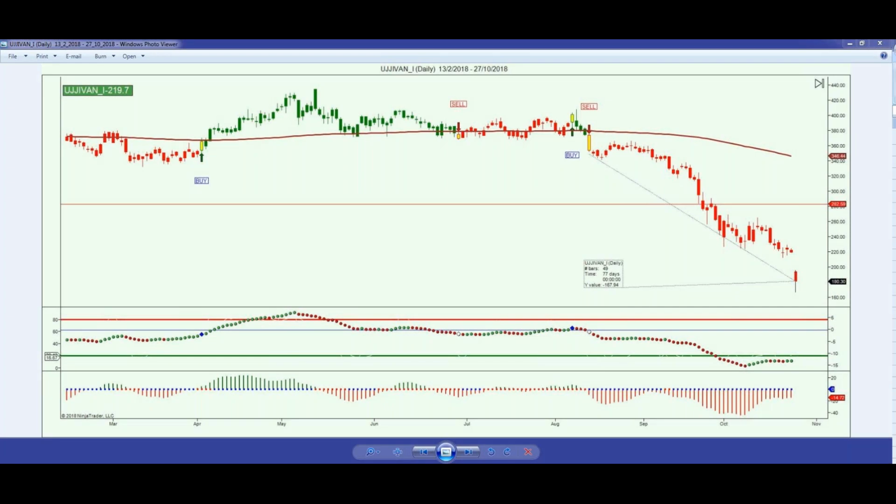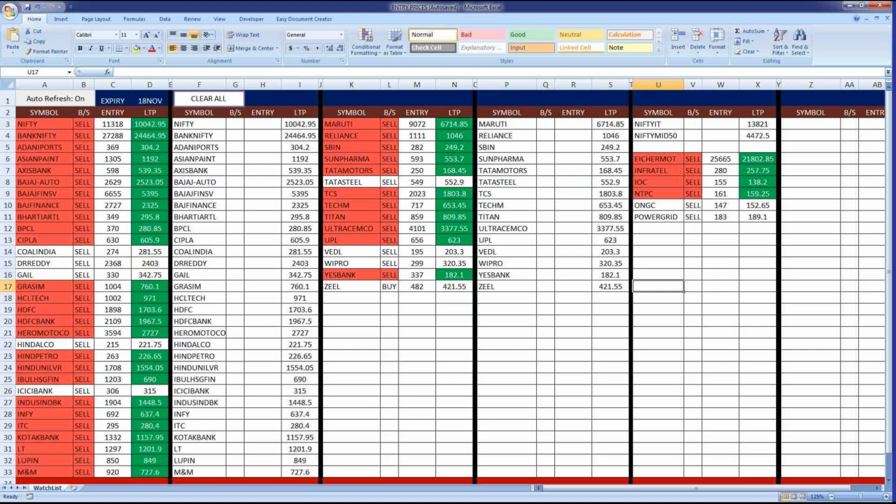the Excel sheet. Whenever you get an entry, you just type the entry price and then leave it. As soon as it enters, if it is a sell call, the name of the script will go into red, and if it is in profit, LTP will show you as profit. It will show in green, otherwise it will show in red. Red means that it is under loss. Then you calculate your loss, you check your stop losses, and then you trade. That is how it works.